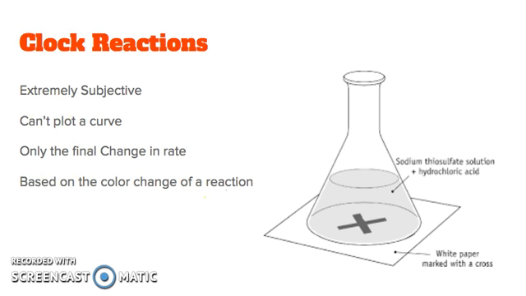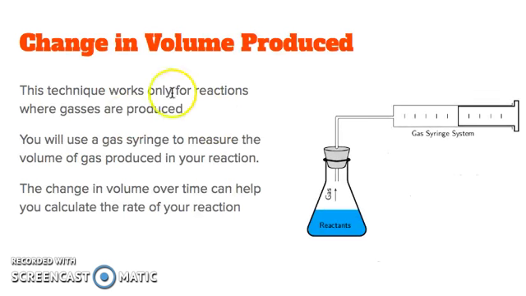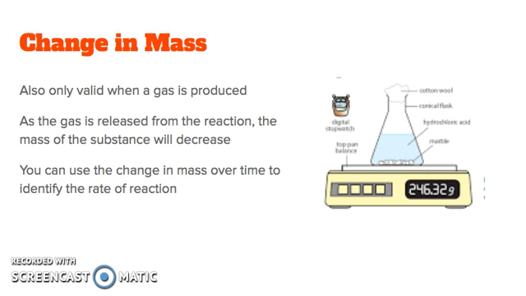So these are the 6-7 methods that you have of measuring the rate of reaction. You just have to know generally all of them. But the most common ones are definitely change in volume produced with the syringe, and change in mass, and change in light